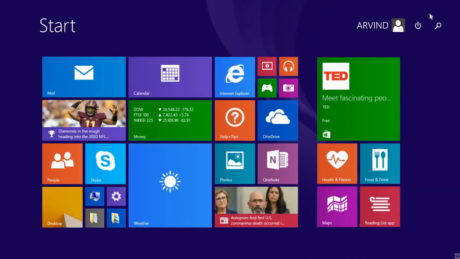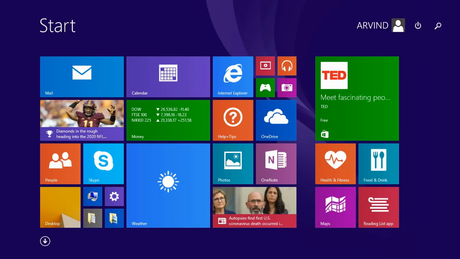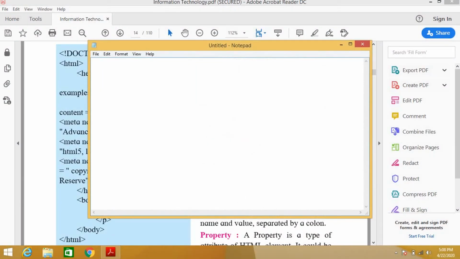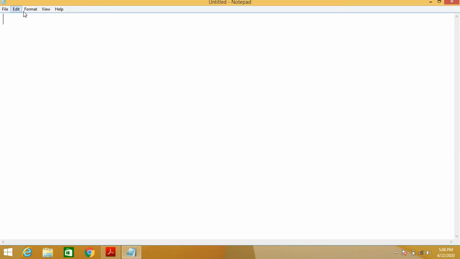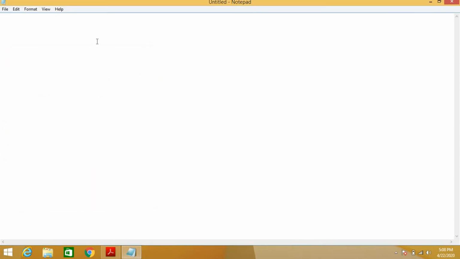Go to Notepad. Open Notepad and type the code over here. Make the font bigger. Let's start with doctype HTML, then html, then head.